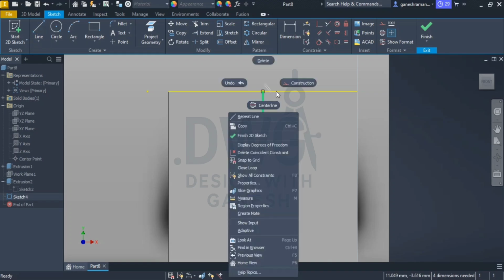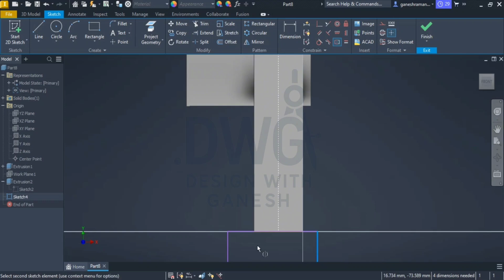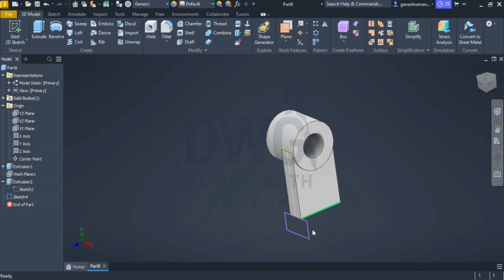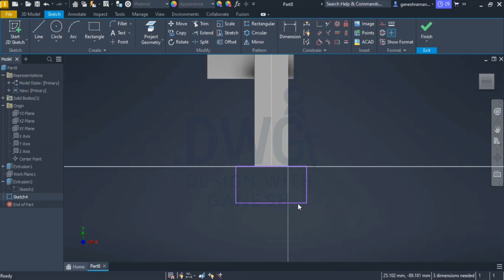Okay, let's make it into construction and use the symmetry relation. Select this line and this center line and make it symmetric. I'm pressing the S button because I am already accustomed to it. Okay, dimensions, which is 36 plus 34. Enter. And thickness is 12. Enter. And make sure coincidence of this line to